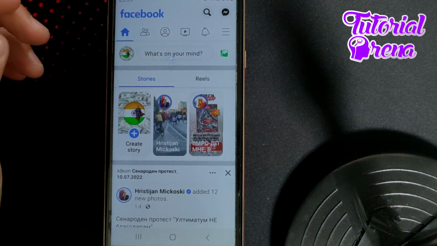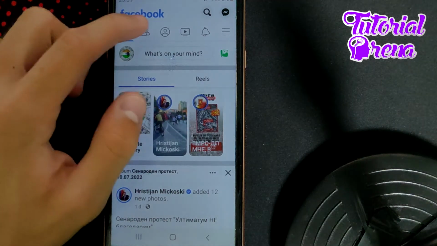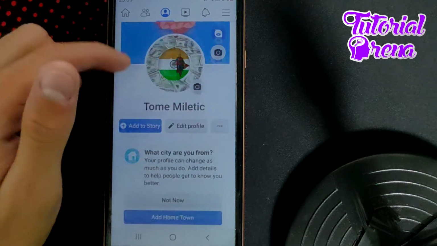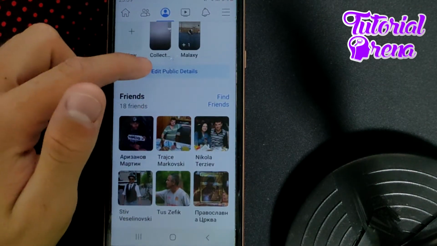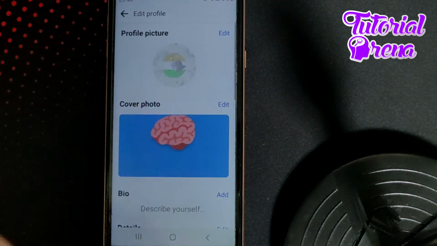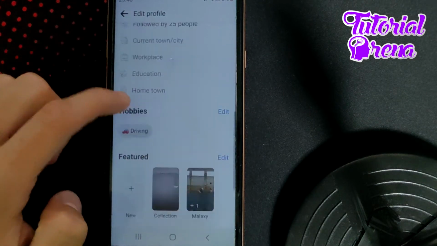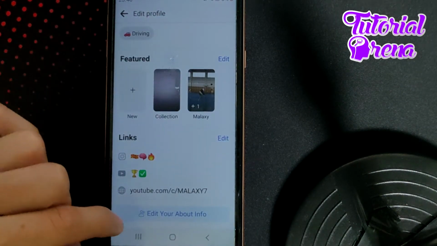How to disable direct messages on Facebook. Firstly, go on your profile selection, which is right here, scroll down, go for edit public details. Then from here you need to scroll down again, and then you need to go on edit your about info,